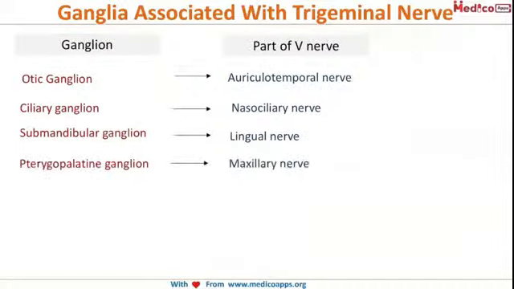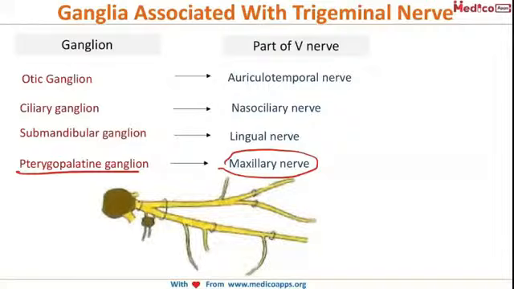Okay, and the final one we have is the pterygopalatine ganglion, also called as the monkey ganglion or the hanging ganglion, and it is related to the maxillary nerve within the pterygopalatine fossa. Okay, so here is the pterygopalatine fossa and here is the pterygopalatine ganglion, and these are the ganglionic fibers